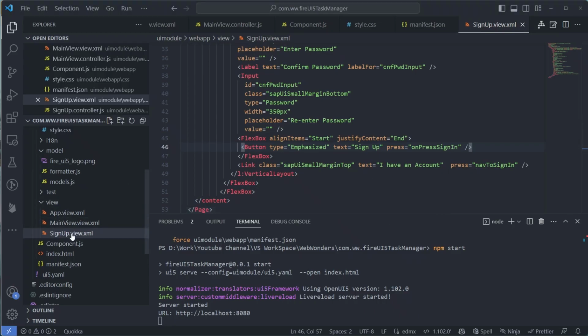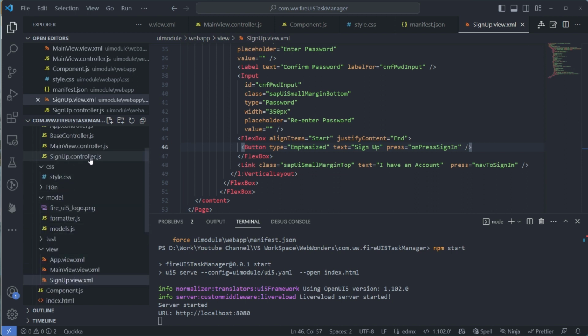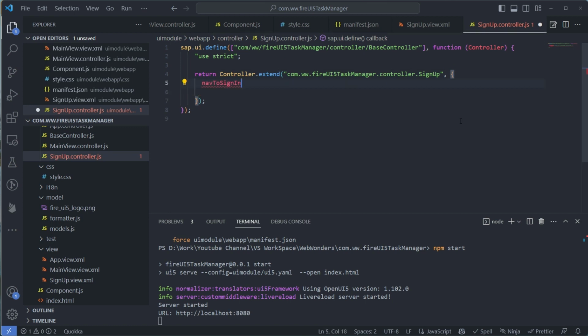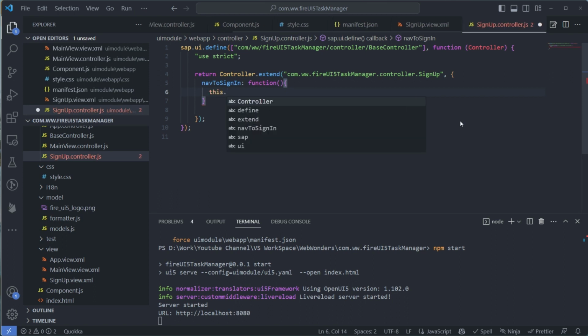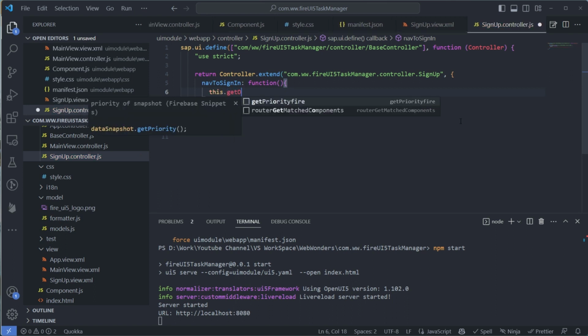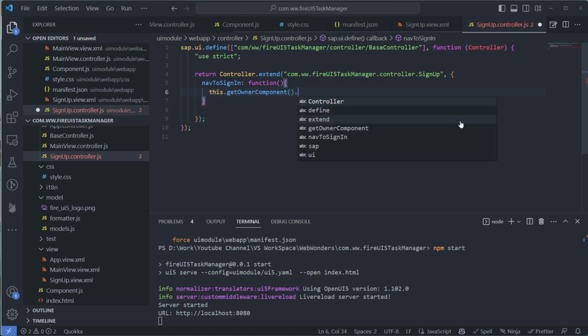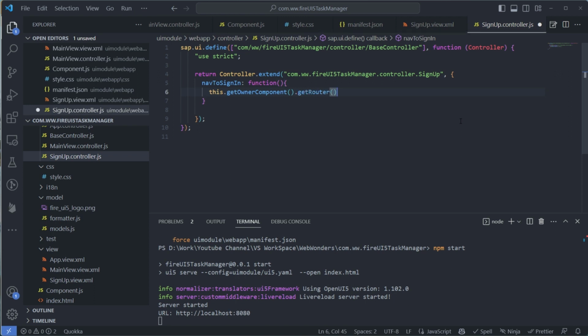Okay, so for sign up view, we have a controller called signup.controller. I'll copy this function name and go to the signup.controller, and there is nothing as of now. I'll create a new function here. So as I said, function name colon function, input parameters in parentheses, then curly braces. And you can always do this dot get owner component dot get router dot